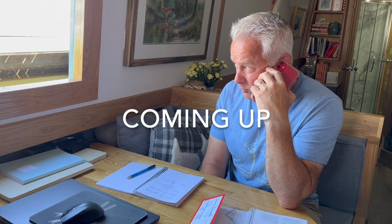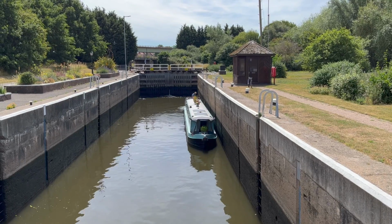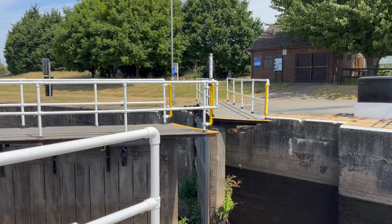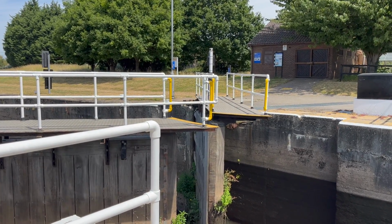Two narrowboats. One is called Laura Maisie and the other one is One Day More. So it looks like there's some sort of malfunction and the gates aren't closed, and